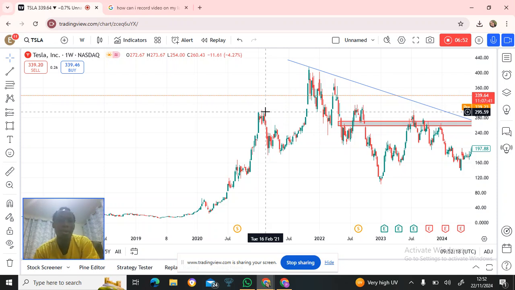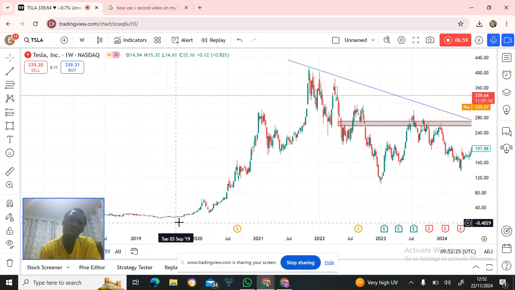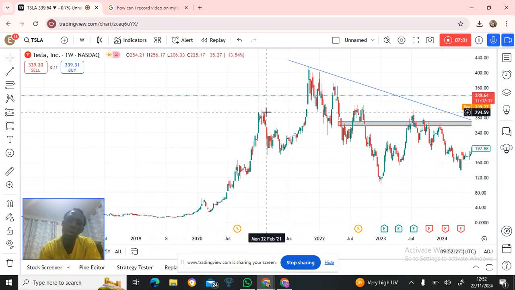You are remaining with something to do with $22,000 profit. After how many years? 2019 to 2021. So assuming that is just 100 shares, you used 700. Assuming you bought 1,000 shares, you now have $222,000 in profit within 2 years. So that is how we trade the stock market.